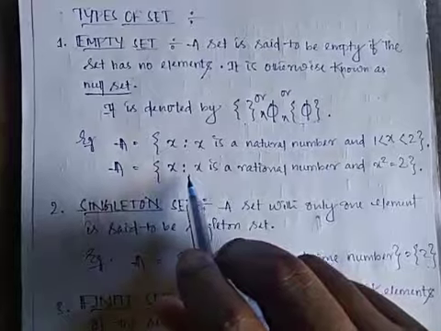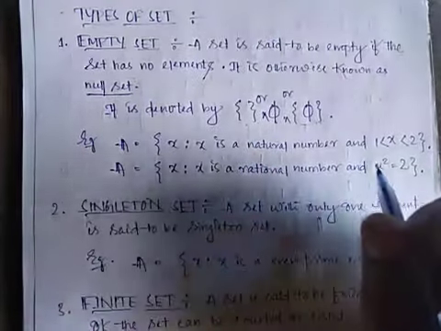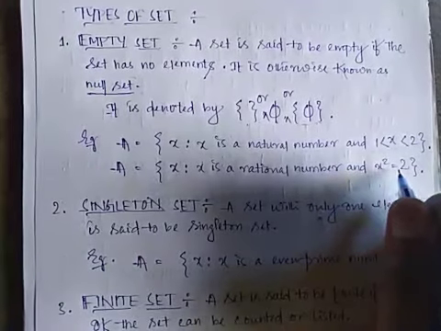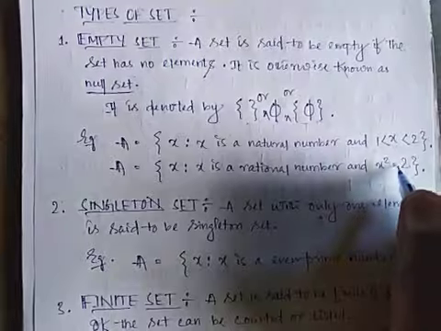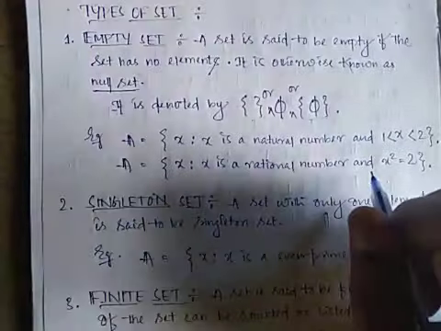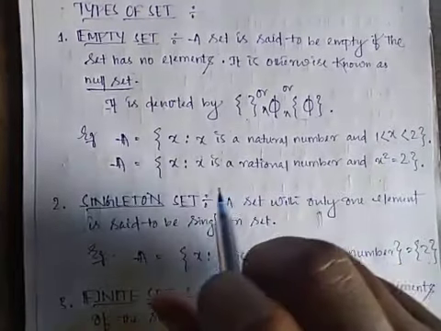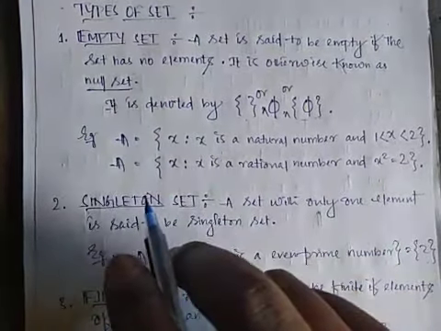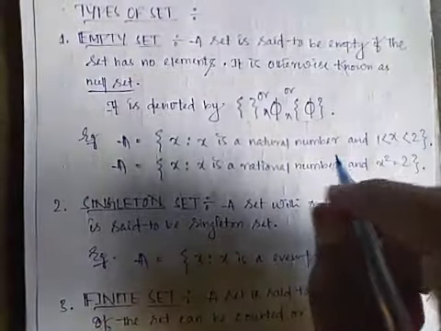Similarly और एक एग्जांपल दिया हूँ, x एक रेशनल नंबर होना चाहिए. वो किस तरह से होना चाहिए? x square is equal to 2. x square is equal to 2 मतलब यानी कि क्या है? x is equal to root 2, and we all know that root 2 is not a rational number, so which is outside the rational number. So in rational number we cannot find any number or at least one number in which